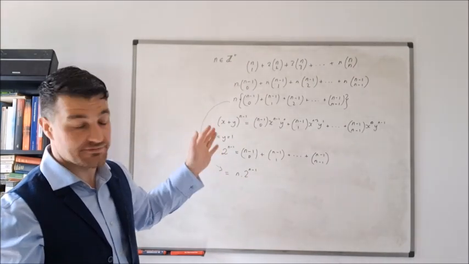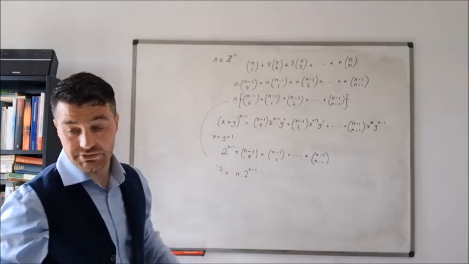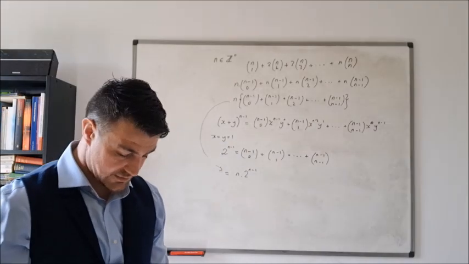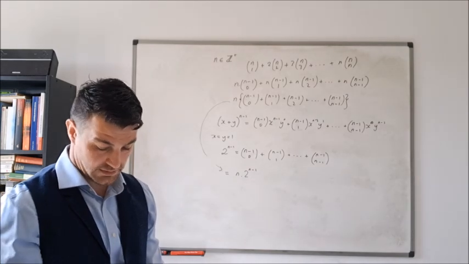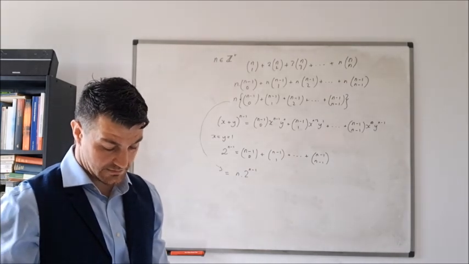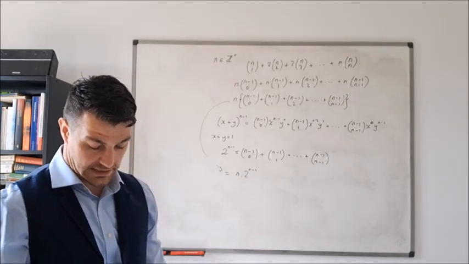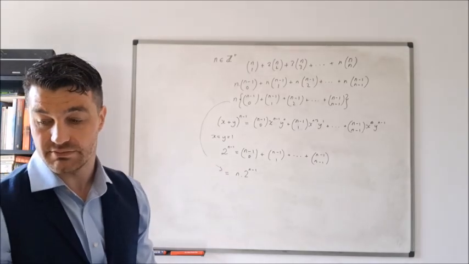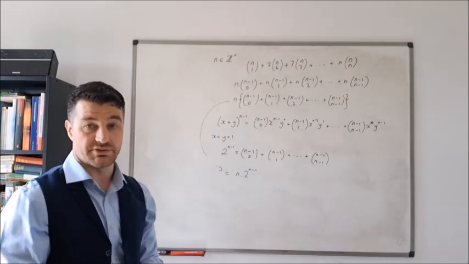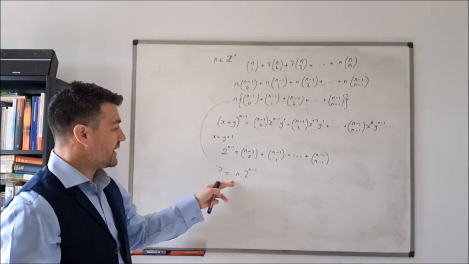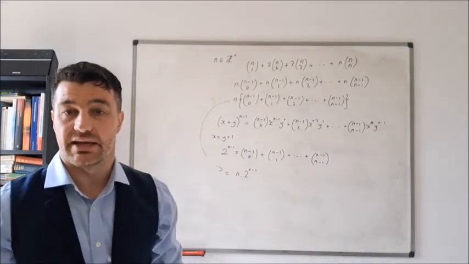You can verify this for the first few values of n if you want to. I think it works for the first few values of n if you verify it. But just that doesn't mean